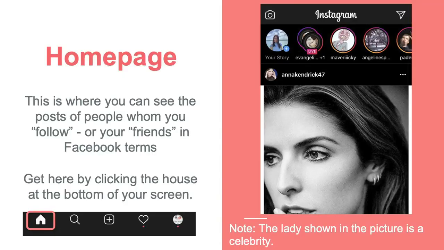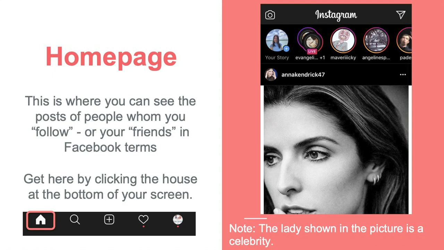So this is kind of what a typical Instagram screen would look like. It's on the right side of the slide. You can see all of the people that you follow at the top if they have any stories or any events that are popping up.